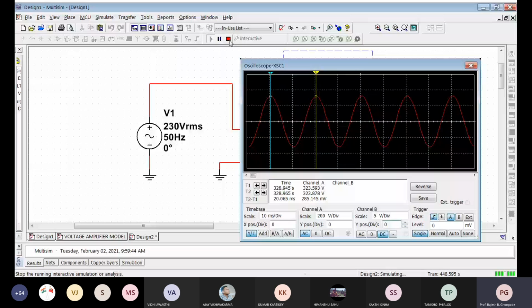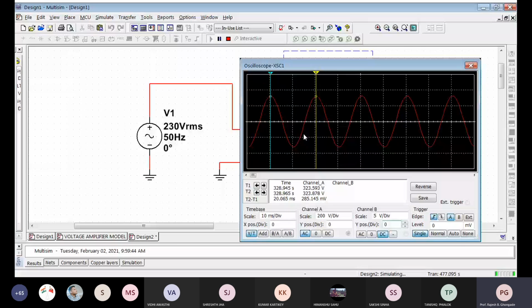Sir, how do we use the scale? Which scale? This scale. Yes, sir. Okay, channel A and B scale. What exactly is the scale? See, it is the multiplying factor. It simply means one particular division. One particular division corresponds to how many volts? It is called the vertical scale. So it is nothing but zooming in and zooming out the vertical scale.